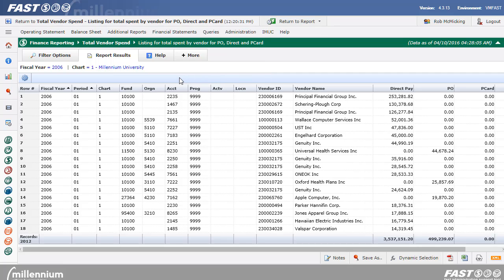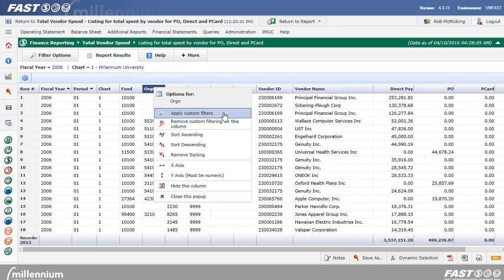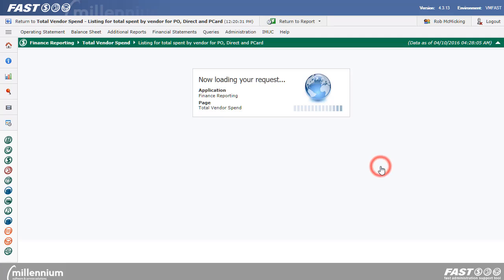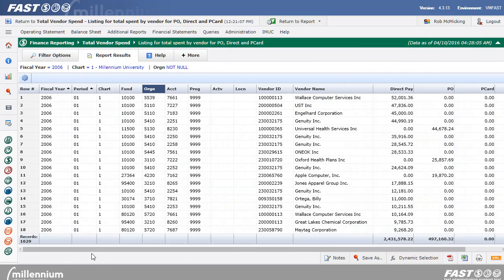Now, in this case, what I'd like to do is isolate those line items that either do or do not contain an organization code. So on my org code header, I would simply click on that bar, select Apply Custom Filters, and now instead of isolating this to include or exclude specific values, I'm just simply going to say show rows where my org code field is either null or not null. For this particular example, let's go ahead and select not null. Now I've refined this to 1,600 records,